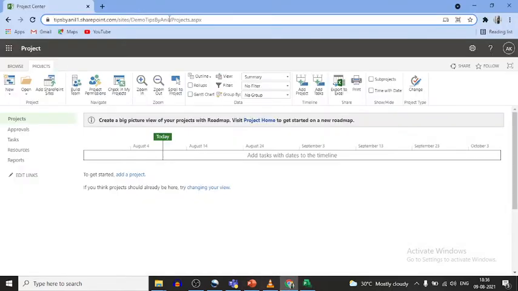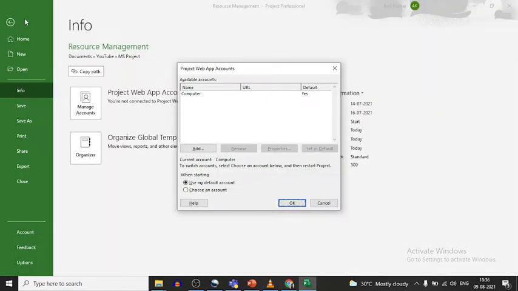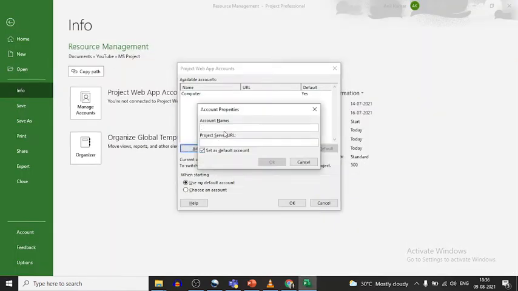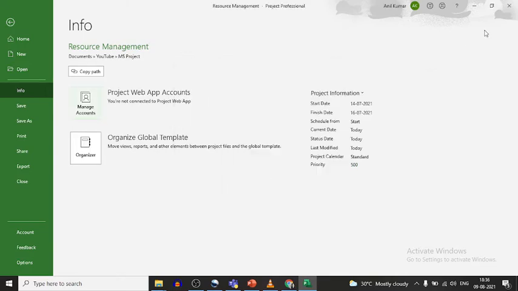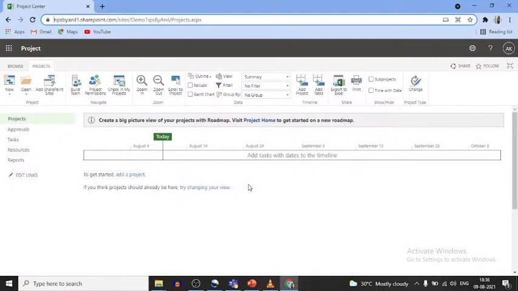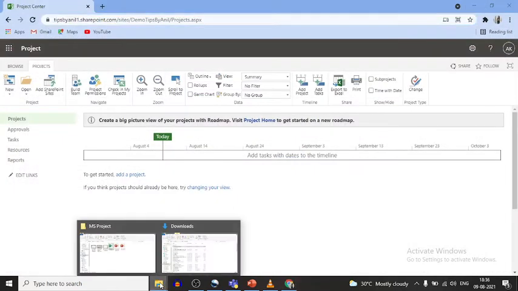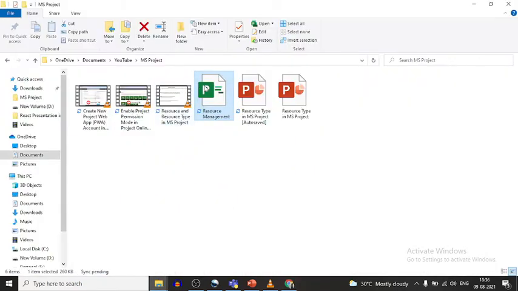So I will just pick this URL and click on the add button. Here you can type any display name like tips PWA, and here the URL. Click on OK. Now close it and reopen it again.